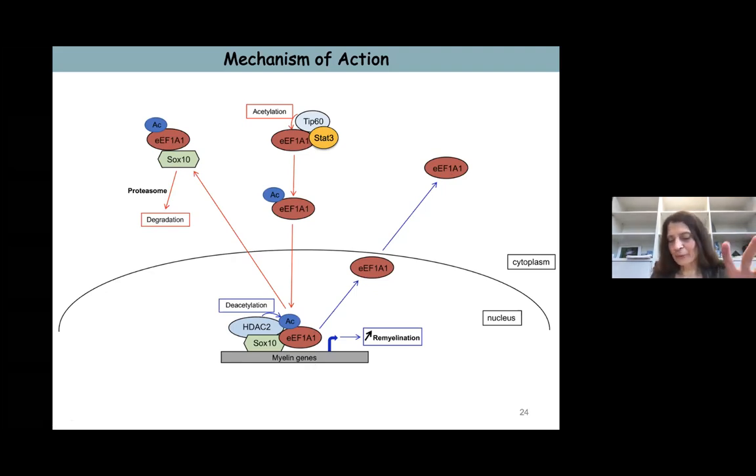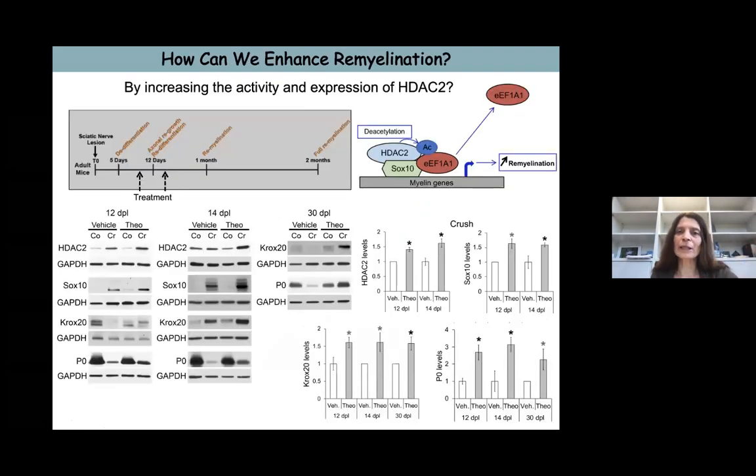So we were very happy with this mechanism, but then we wanted to use it potentially to enhance remyelination. So we thought, very naturally, let's try to increase the activity or expression of HDAC2 and then get rid of this acetylated EF1A1 and allow the remyelination by SOX10. So we looked for an activator of HDAC2, and there's actually only one known. It's called Theophylline. It's already used in asthma or COPD, so chronic obstructive pulmonary disease, but it's a very old